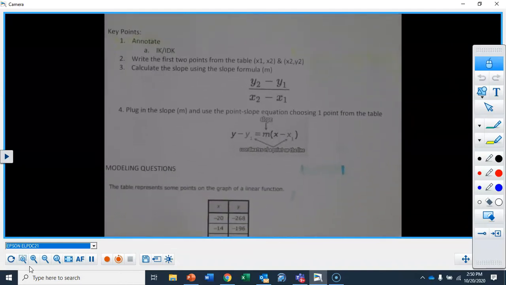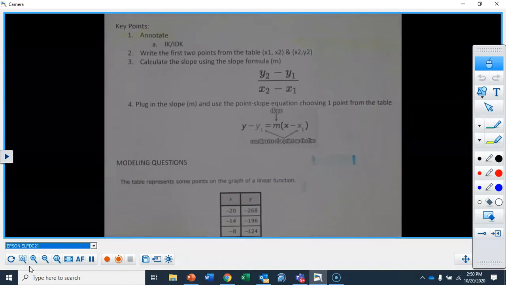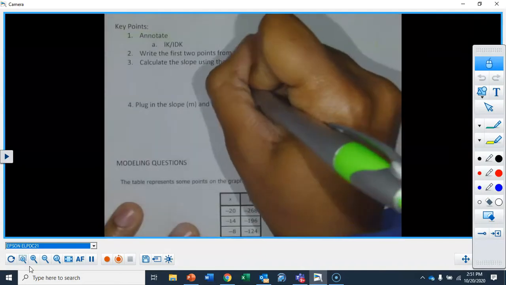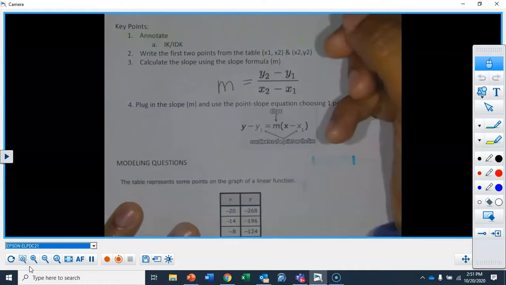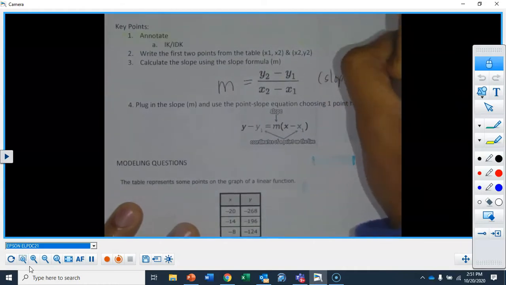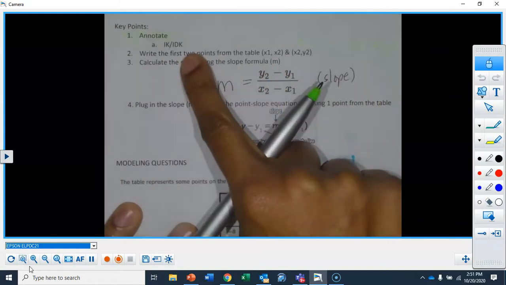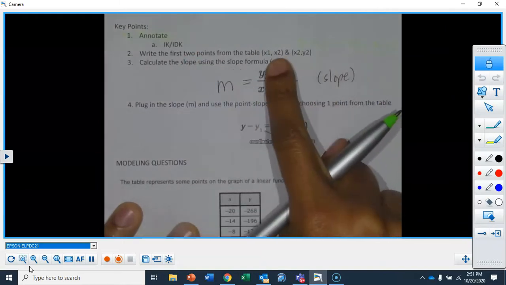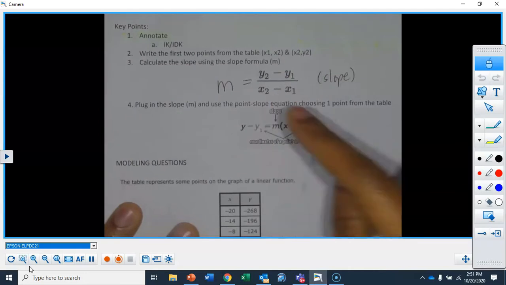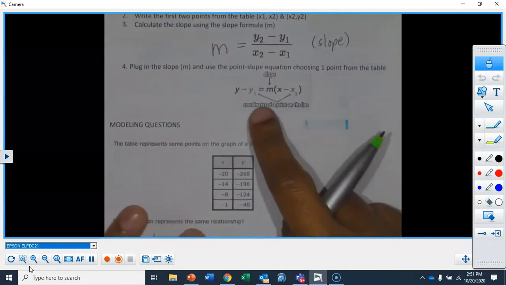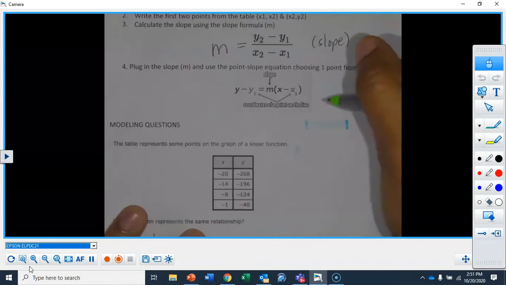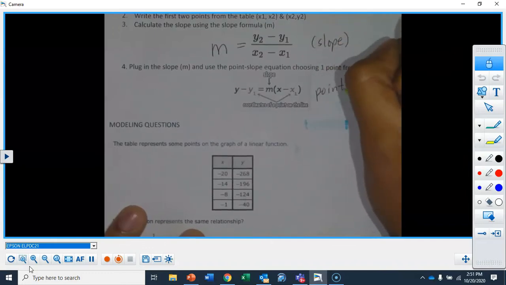So notice again, the worksheets are already posted, so if you need to get to the formulas, they should really be in your notebook at this time. But I've given you the slope formula. If you need to, just put an equal and a big M. This is for slope. That's the formula to find slope. So you use this one, guys, if you have 2 points. The way I think of this is as soon as I see a question with 2 points, I better go find M. The next thing I've given you is this equation here. And again, this is point slope.